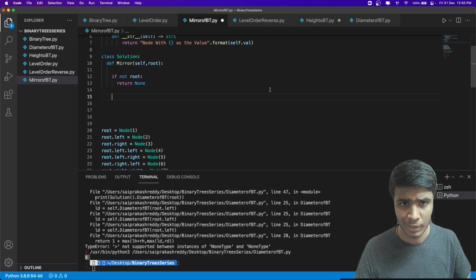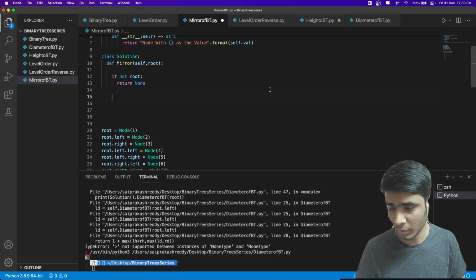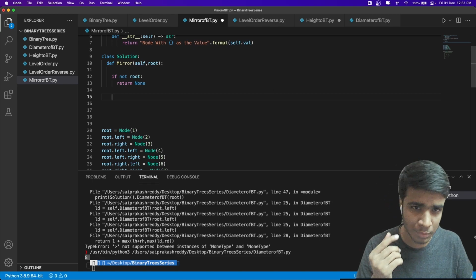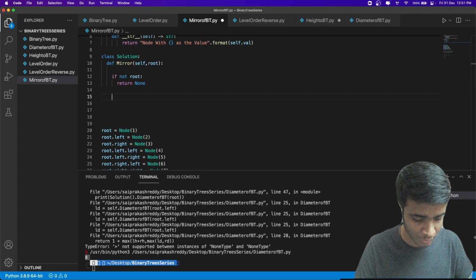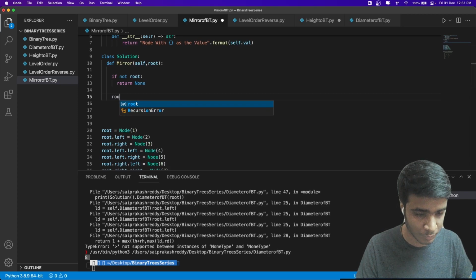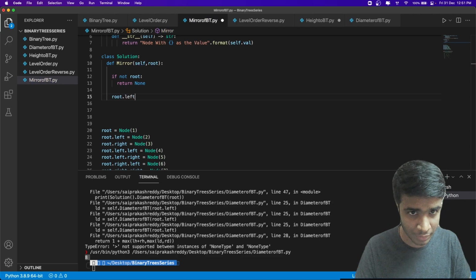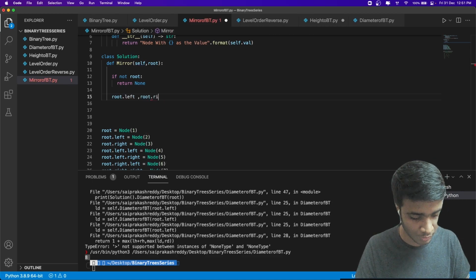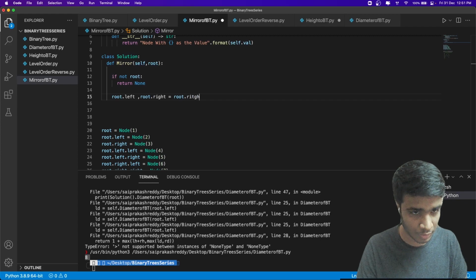It's easier to do in Python. In C or C++, you have to do workarounds here. But in Python, it's very simple. You can do it in one line. It is simply root dot left, comma, root dot right, and simply change them: root dot right, and root dot left.